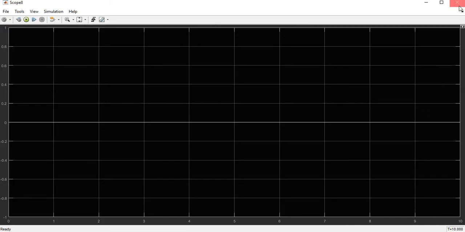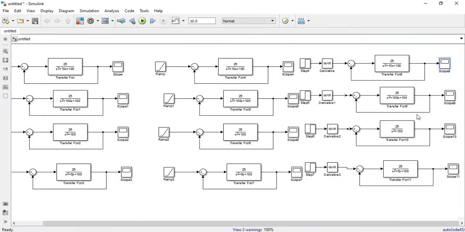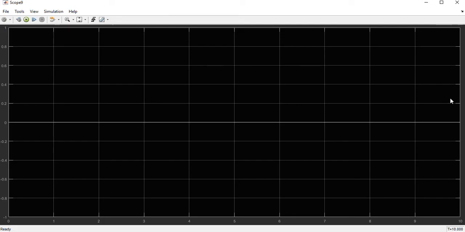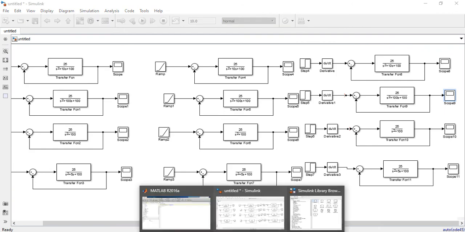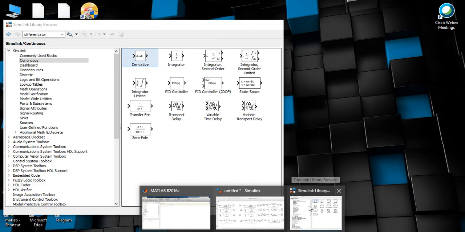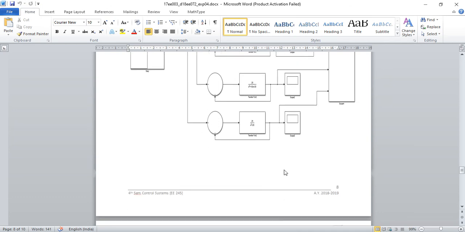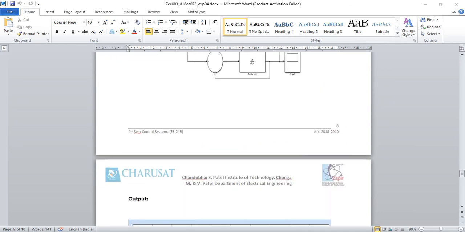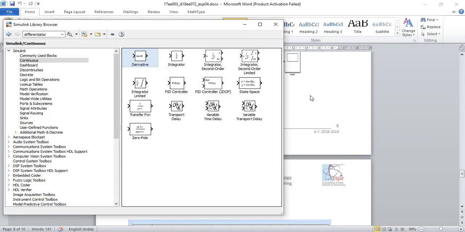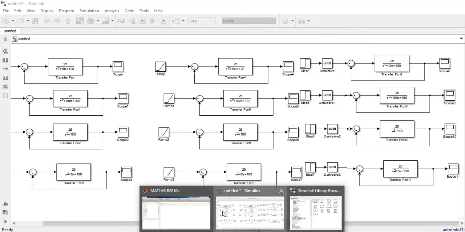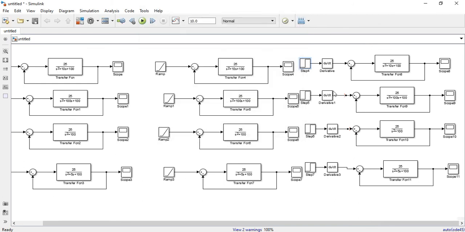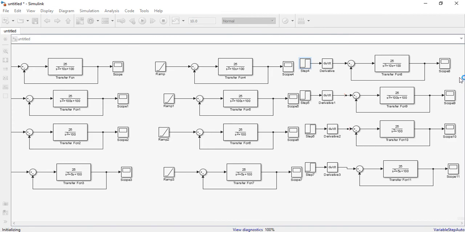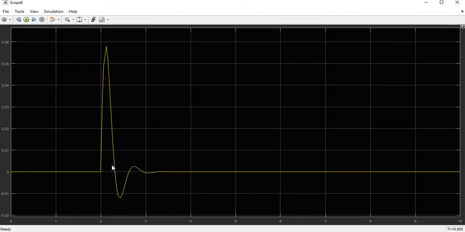Okay, it is 0, again it is 0. So there is some mistake we might have made over here. Step input and ramp input, let us see. Why is it not visible? Because we have made this step input start from 0. So what we will do, we will make the initial time either 1 or 2. So I am taking 2 in this case. I'm running it, so you can see over here.